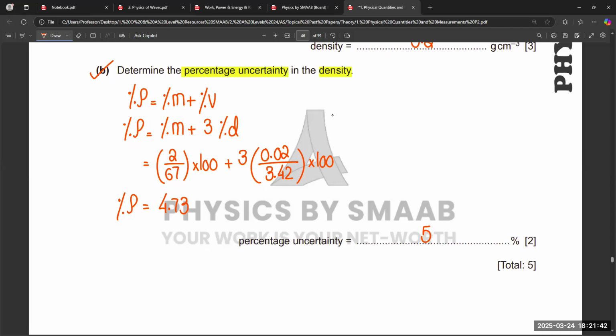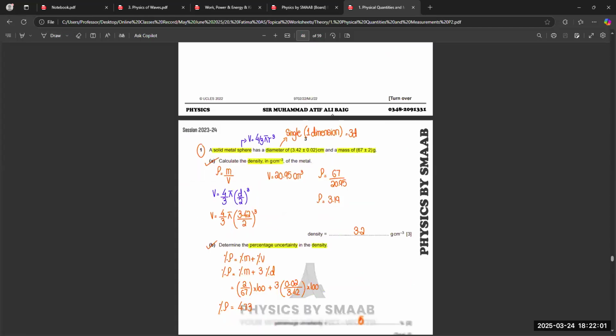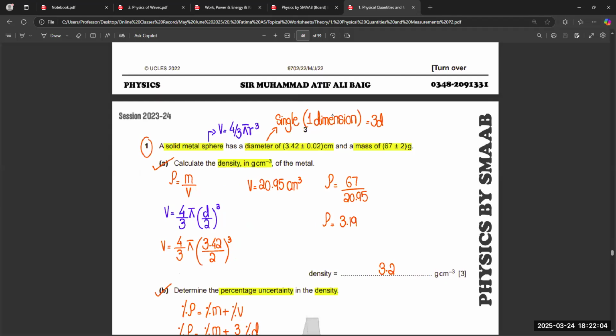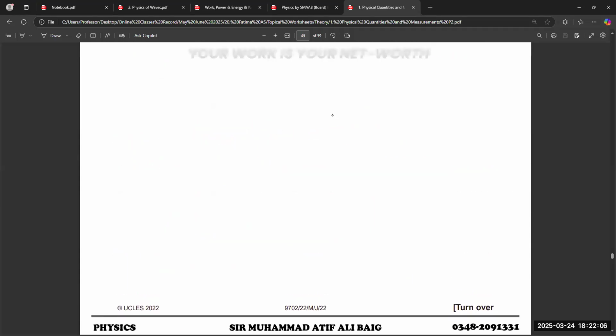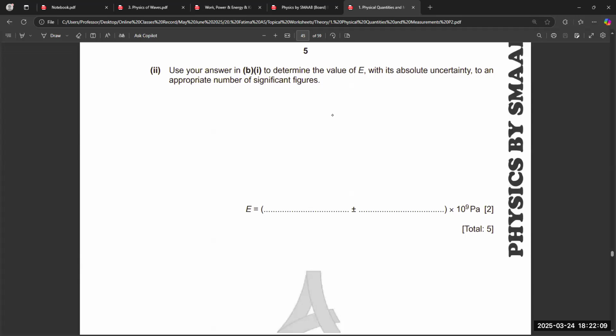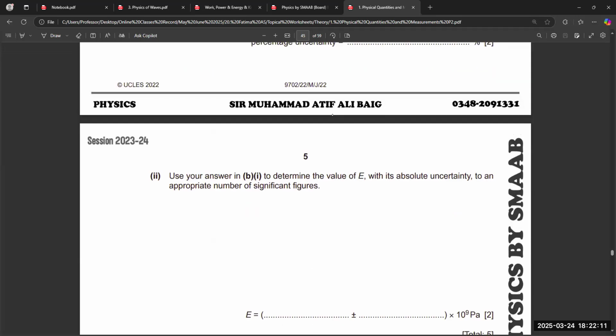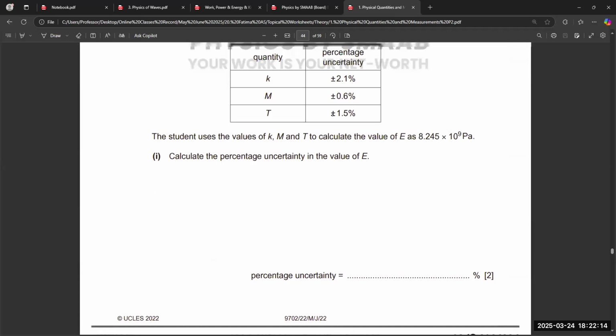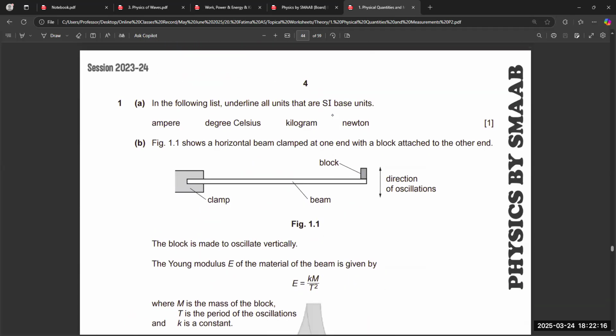Okay, so when they ask about absolute uncertainty, we will also discuss that part. Because in percentage, we will find out the percentage, but if they are not asking about the percentage, it means we have to find out the part of the value, how much from the original value is the part of uncertainty. So that is called absolute. So for example, this is the question of absolute uncertainty, starting from over here.